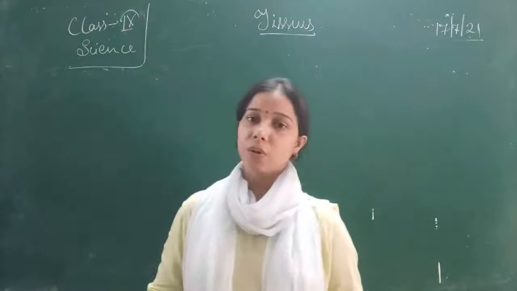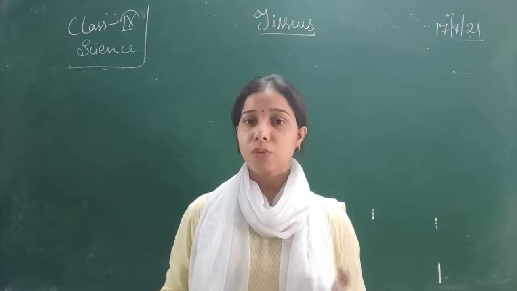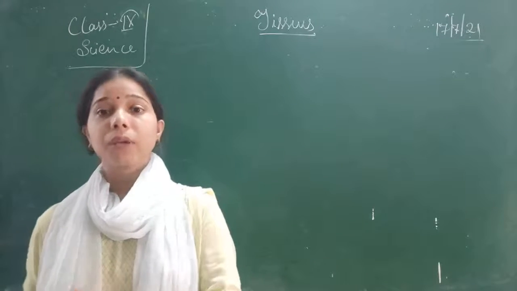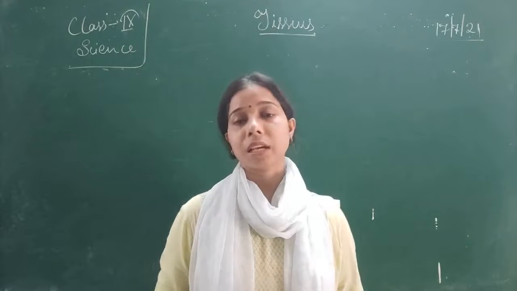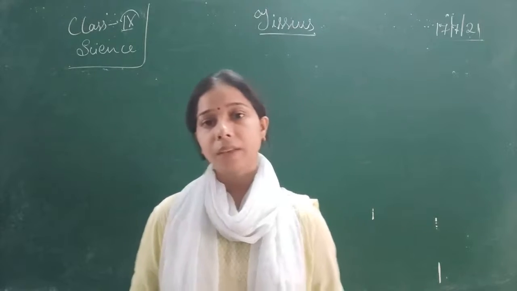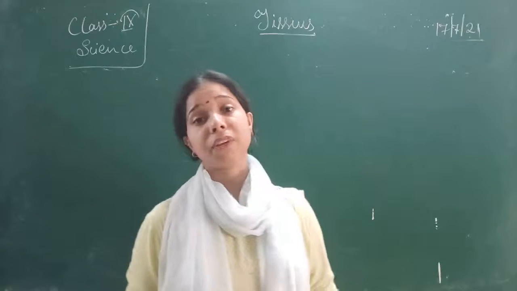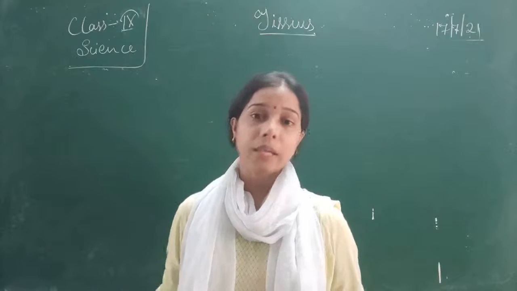On the basis of the origin, these tissues are classified into two types, that is primary meristem and secondary meristem. And talking about the location, it is basically divided into three types, that is apical meristem, intercalary and lateral meristem. We have understood this concept even with the help of a diagram, what is the exact location and what is their role in the plant.